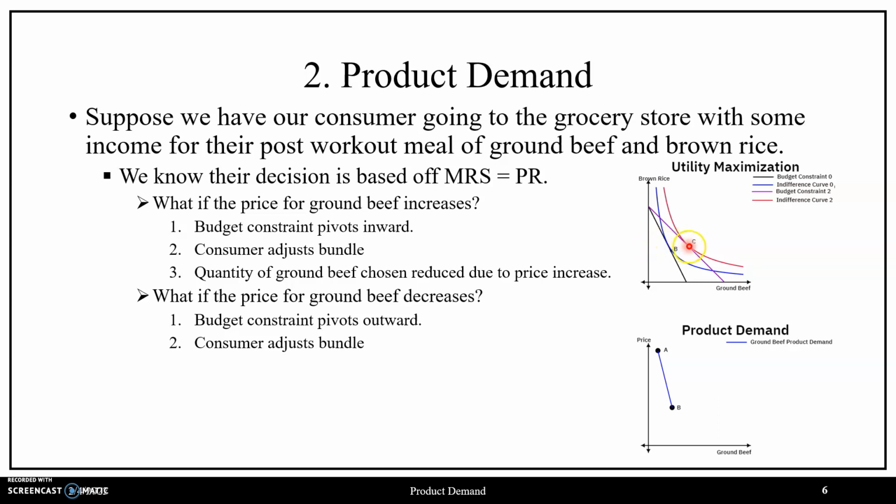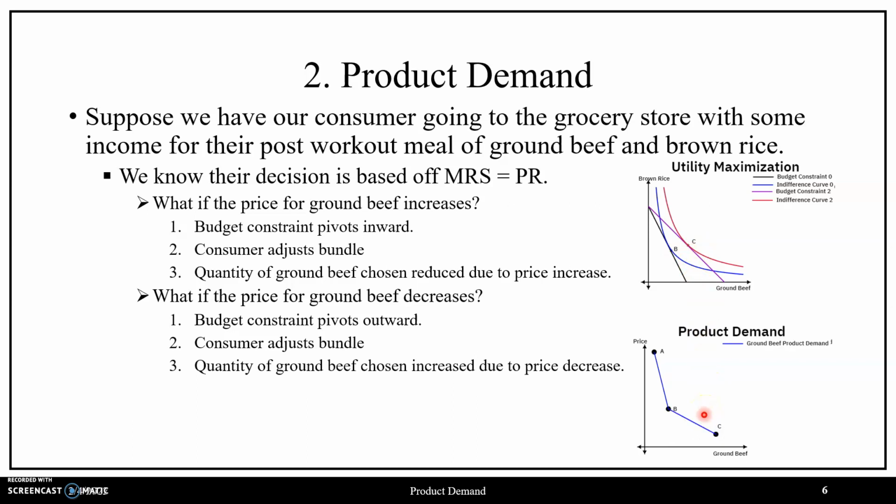brown rice has increased and ground beef has increased as compared to our initial bundle point B. And since our sole interest is in terms of ground beef, what this means in terms of capturing product demand is that ground beef is on sale, so price has decreased and quantity of ground beef has increased. So then this is going to mean generating point C on our product demand curve, where in terms of points A, B, and C, we have generated a downward sloping product demand curve as a result of these price